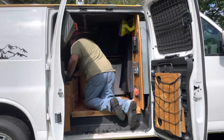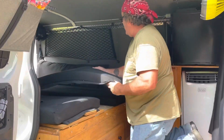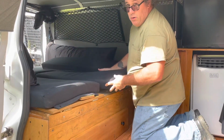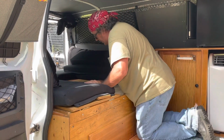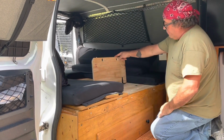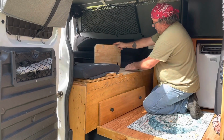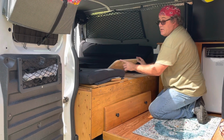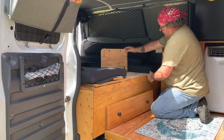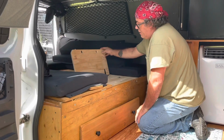I'll show you this real quick. It's something I'm working on. It isn't finished. I don't know if it's going to work out. This is maybe a little jump seat. I've got a pad in here that fits across, and it also fits on top. And I've got little snaps that it'll snap on, and it'll snap to the front. I'm having a problem getting the back supported